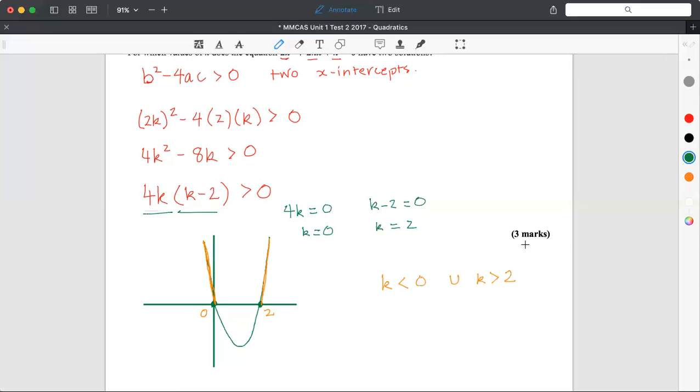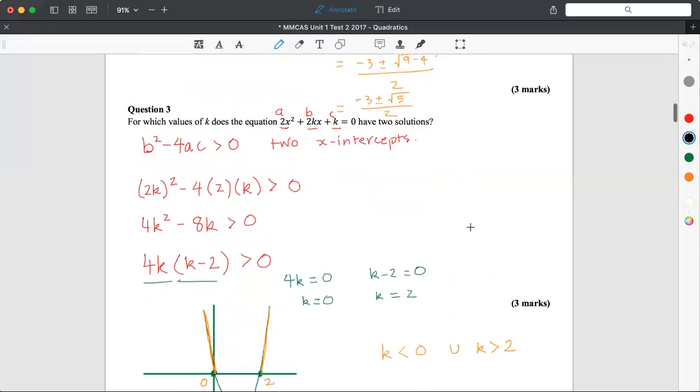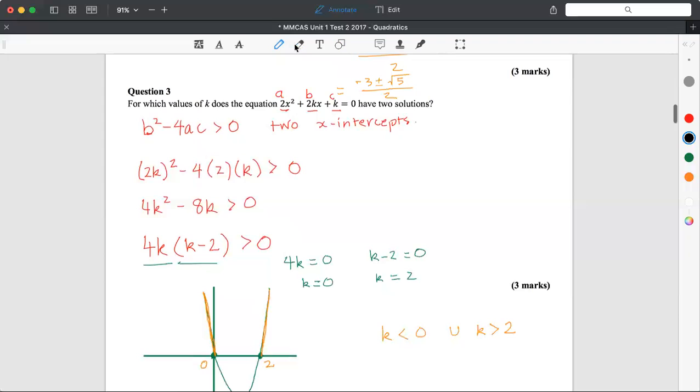So just a note on some of the notation we're using here. This is the union sign, which you would have seen before, hopefully. So we're just saying k can be less than 0 or k can be greater than 2. So if we look at the big picture of what we've done here, if I just rub that out for a second, we can substitute in values for k here. And if k is less than 0 or greater than 2, the graph that we're going to get for this whole thing